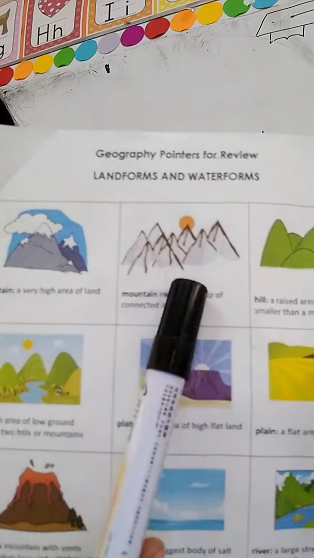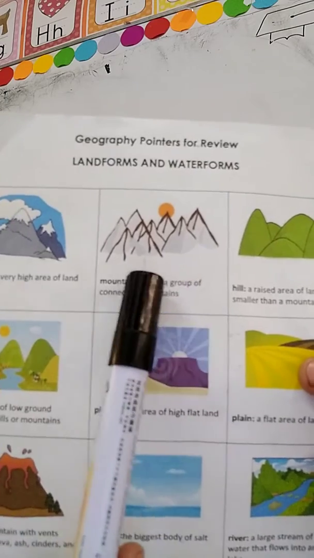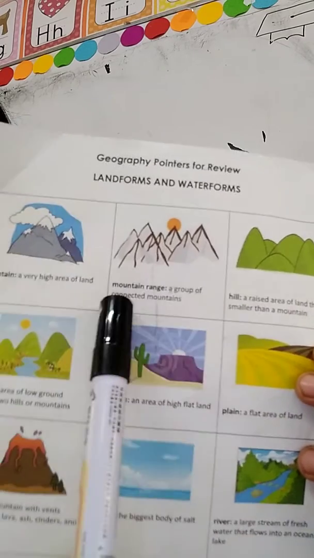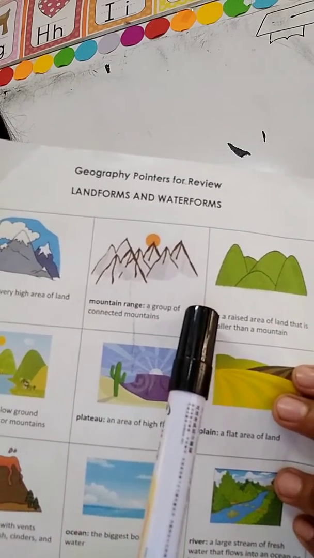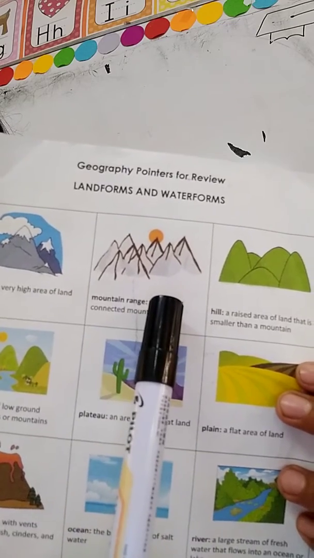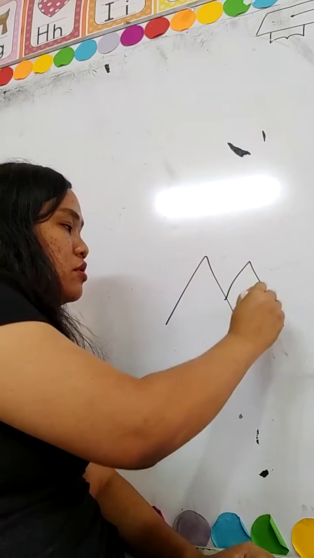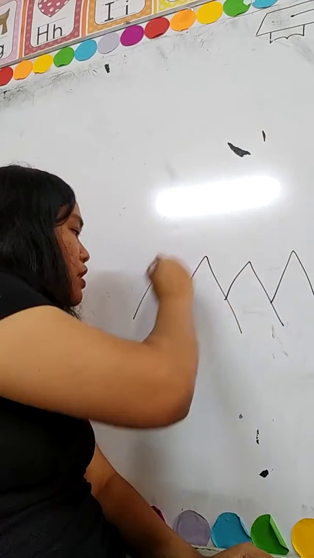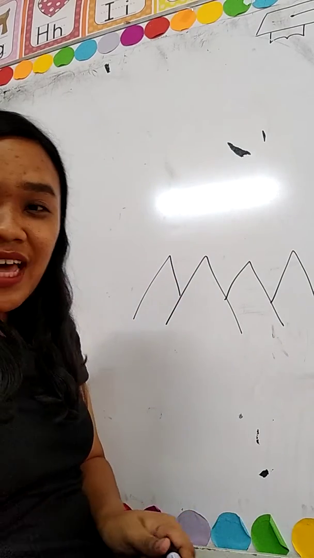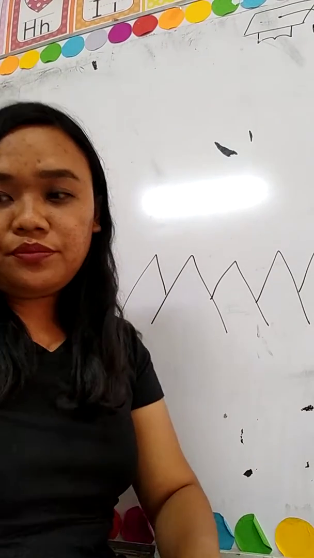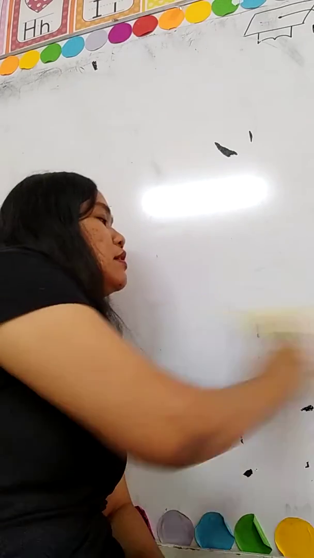Now, if a mountain is a high area of land, this is a mountain range. It means there are many mountains, a group of connected mountains. Okay, many mountains beside each other is called mountain range. So if you would like to draw as simple as possible, you can just draw 3 or 4 mountains beside each other, and I will consider that a mountain range. Okay, so there, mountain range. Let us move on